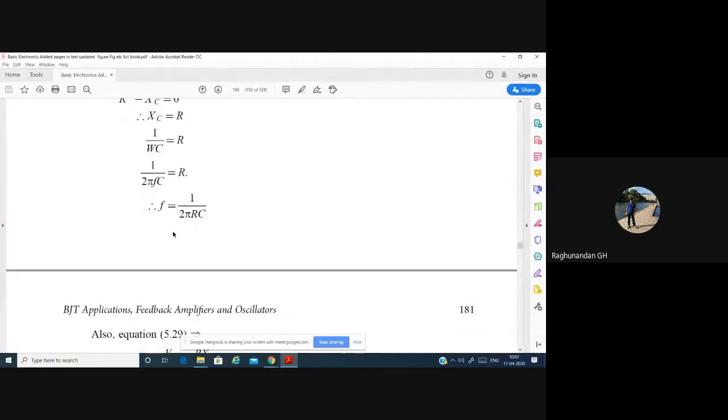But if they are different, then we have to take the root of R1, R2, C1, C2. There is one more thing that you should understand: how does 1 divided by 2 pi root of R1 R2 C1 C2 turn into 1 divided by 2 pi RC? If R1, R2 is equal to R, and C1, C2 is equal to C, then the equation becomes 1 divided by 2 pi root of R square into C square. Since it has the square, the root and square get cancelled and the remaining term will be 1 divided by 2 pi RC.